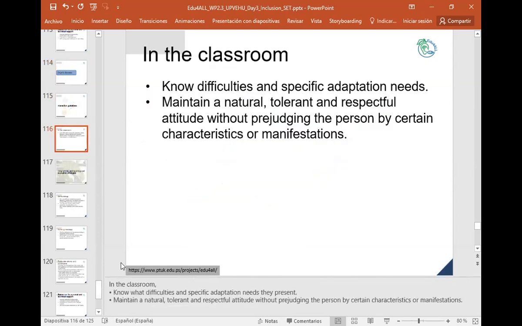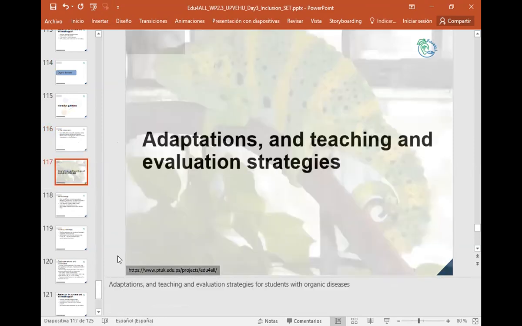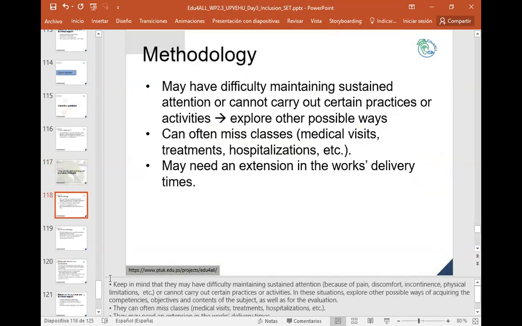How to interact with these students in the classroom. Know what difficulties and specific adaptation needs they present. Maintain a natural, tolerant, and respectful attitude without prejudging the person by certain characteristics or manifestations. Some adaptations and teaching and evaluation strategies are